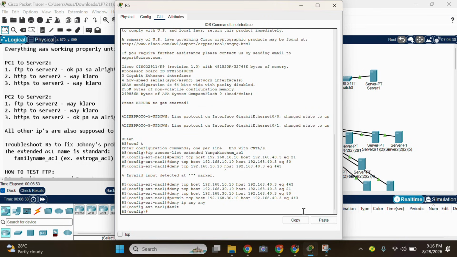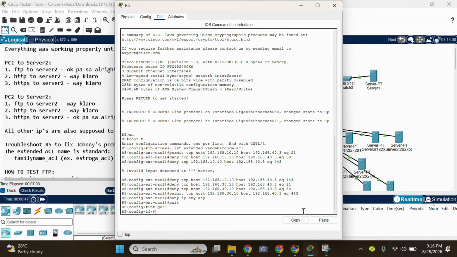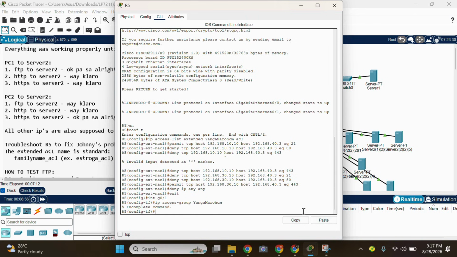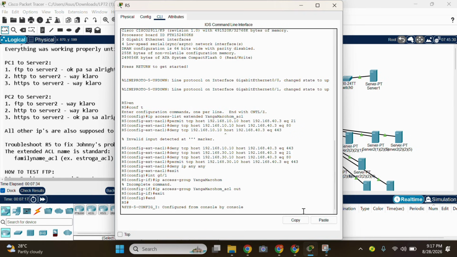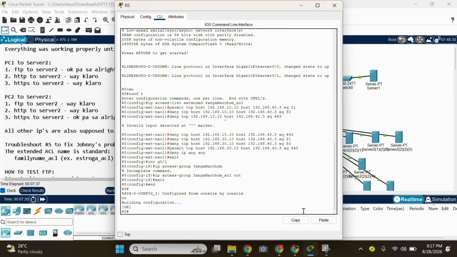So exit, then interface GigabitEthernet 0/1, and then ip access-group, the ACL name, out. Oops, mistake. Then exit and write memory, which is to save.